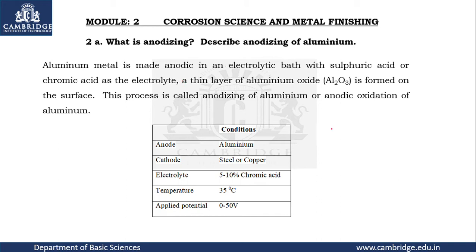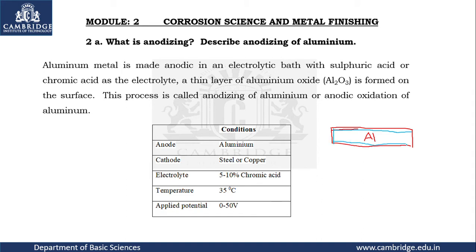So this technique mostly is applicable to non-ferrous metals and alloys. Non-ferrous means metals other than iron. So imagine this is a metal other than the iron. Here I will take this as aluminium. So what does anodizing mean? The top layer of the metal. I will take a different color so that it is easy to differentiate. Let me take it as the top layer of the metal.